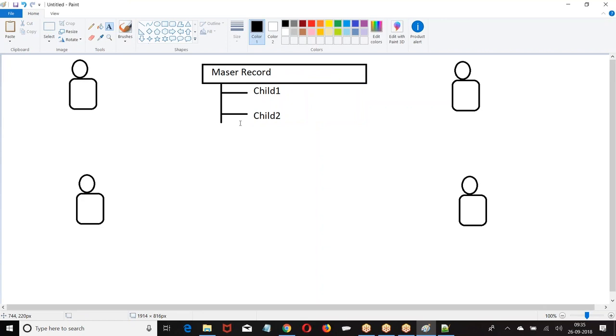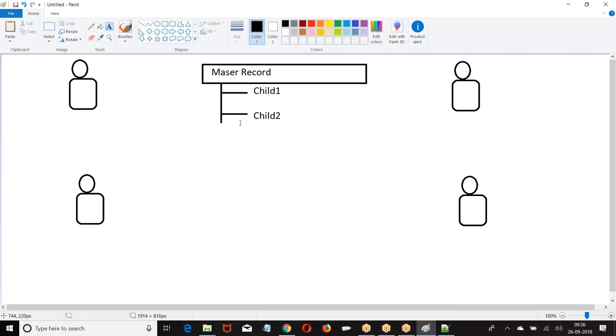Now the question is, who can create a child record for this master? Who can delete the child records of this master? For this master, there are two children. Can I modify these children or not? Can I delete these children or not? Can I add one more child or not?